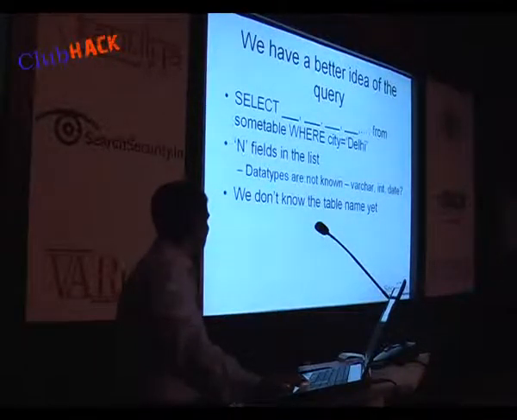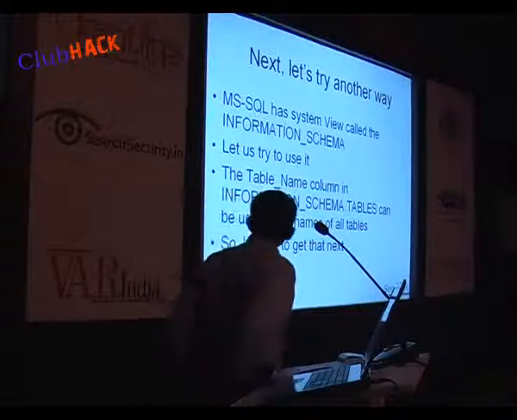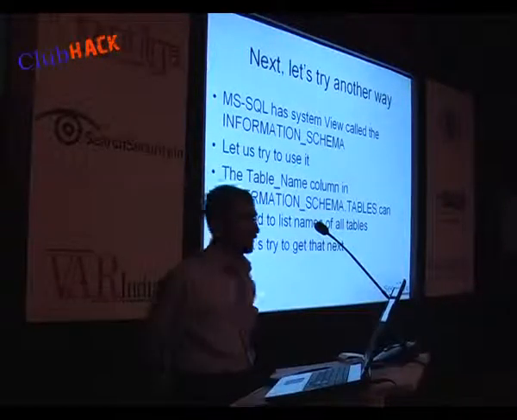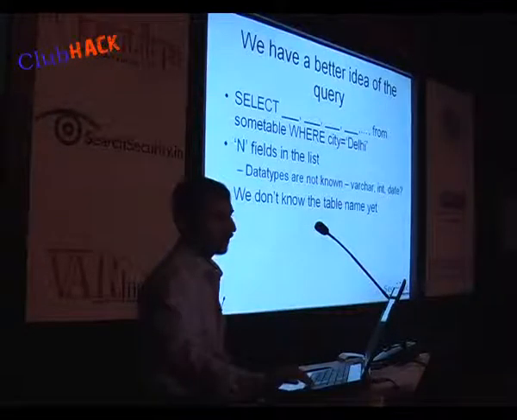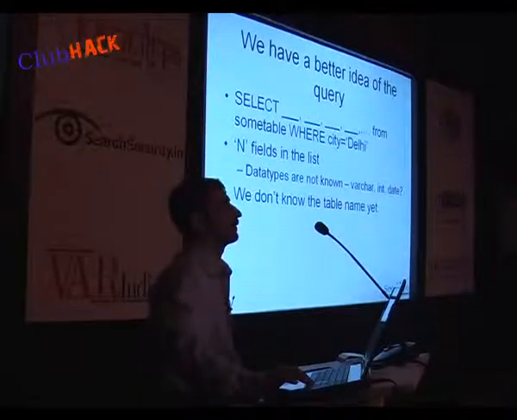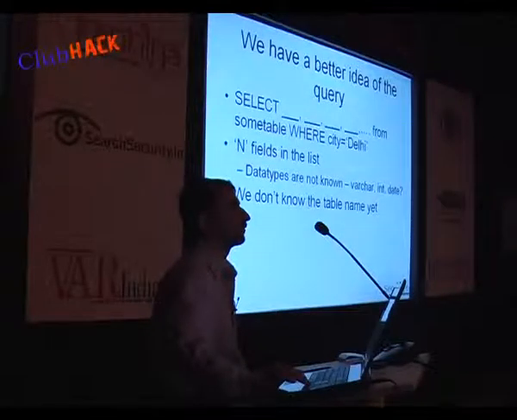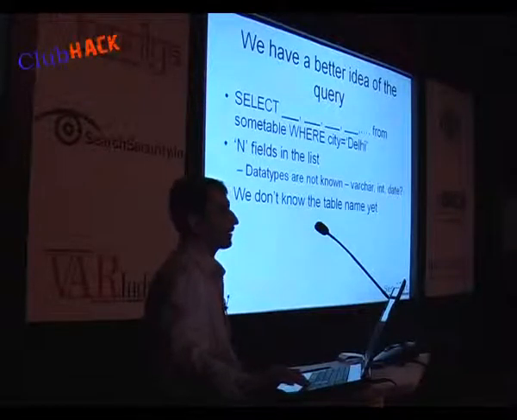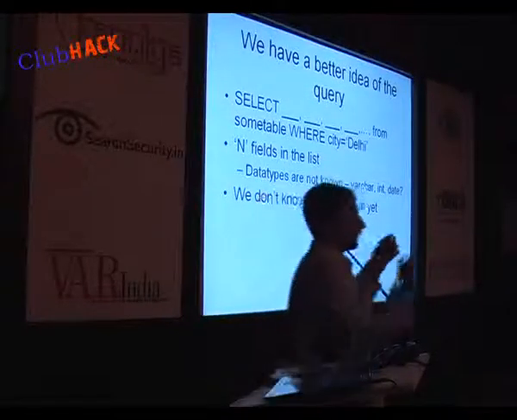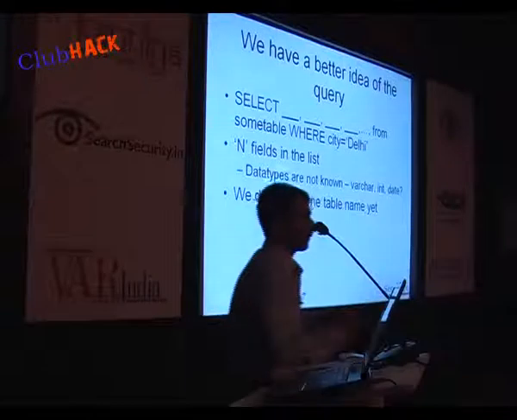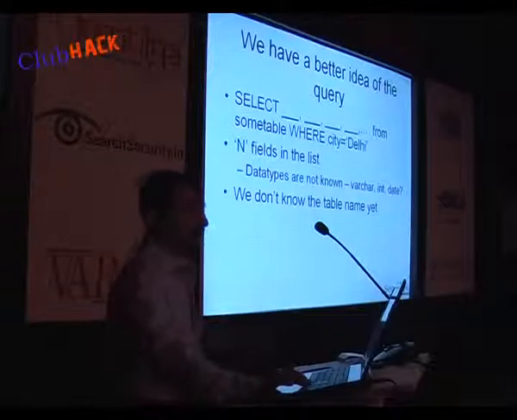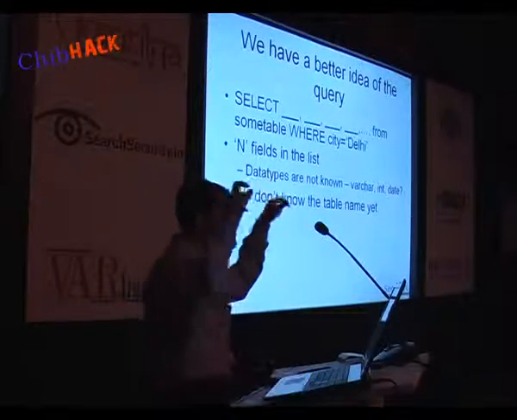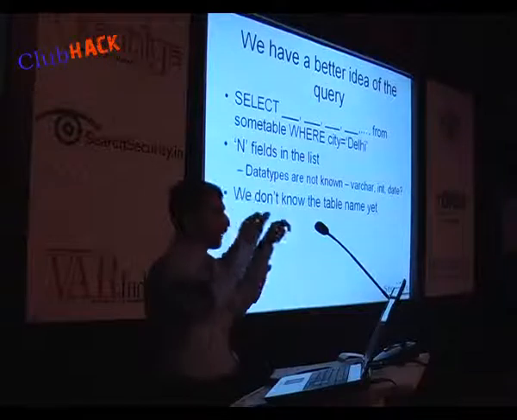We do not know the table name yet. So let me introduce something called the information schema. The last query was about the data type. We also have one concept, the data type. Is it taken that all the fields are of the string type? Yes, in this case they are of string type, hence it works. Or else we'll have to do permutation and combination and see where we are matching. But for simplicity of the demo, the idea is that the number of columns should match in both selects and the data types should match.